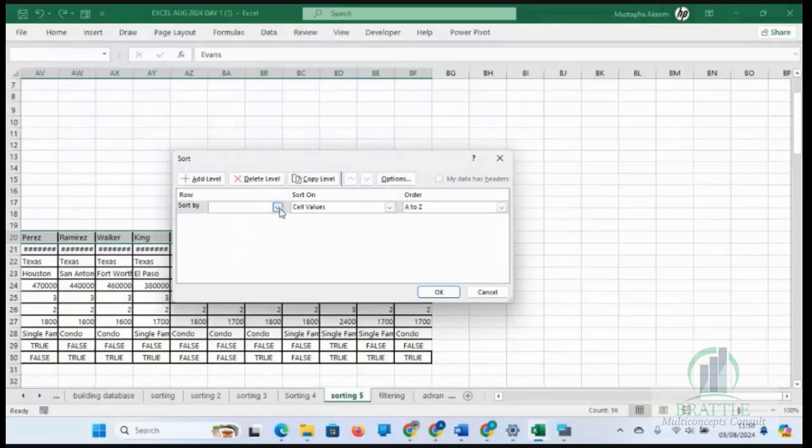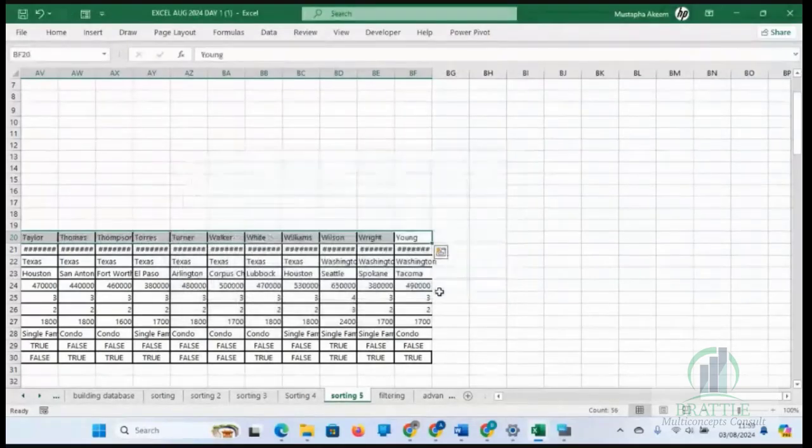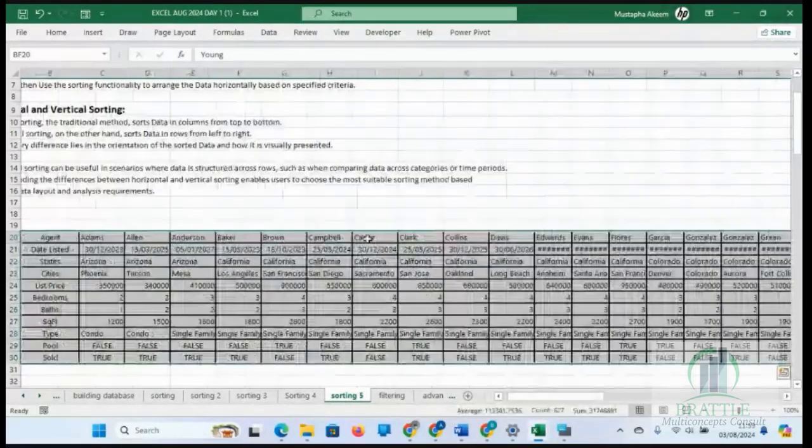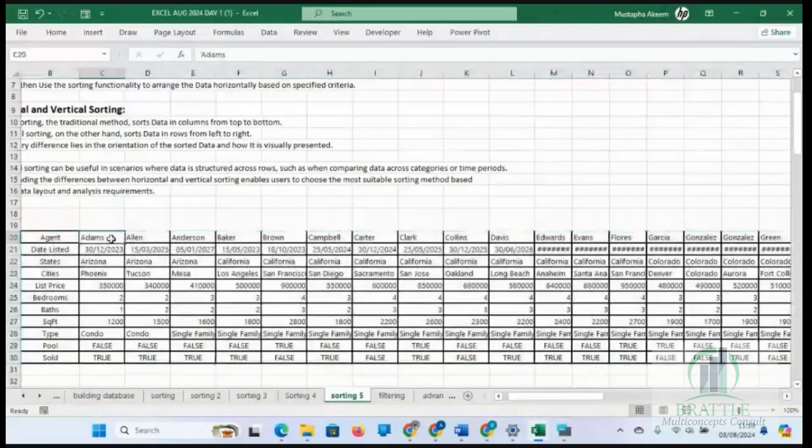Oh, I've not selected anything. I'm sorting by what? By row 20. Then I click on OK. Now you can see that we have everything sorted. Now, what if I want to select